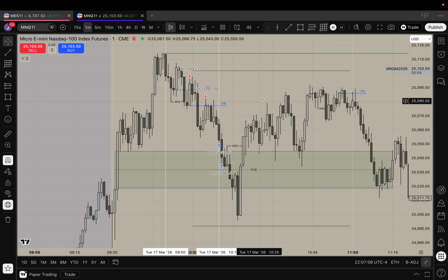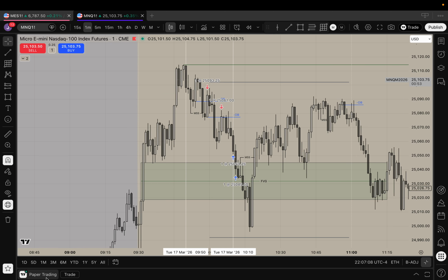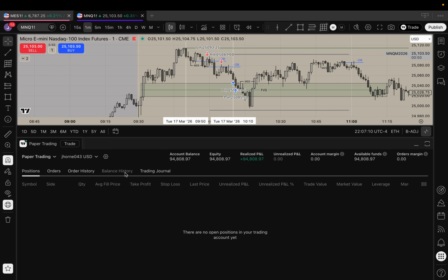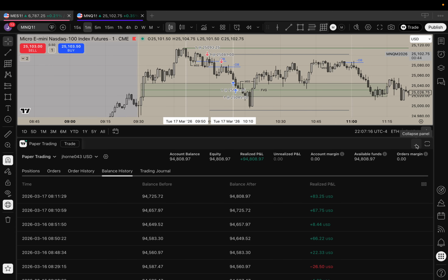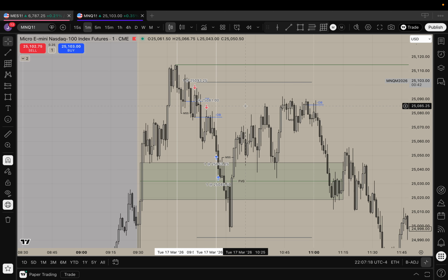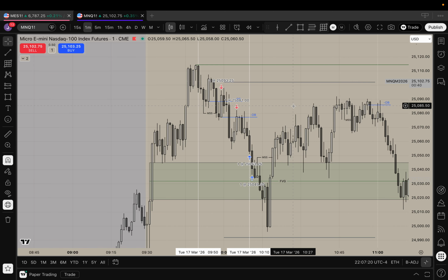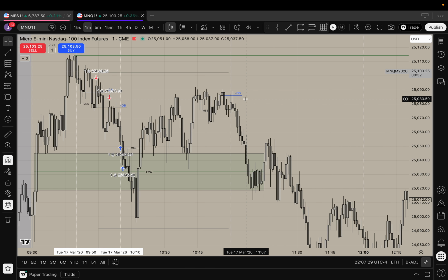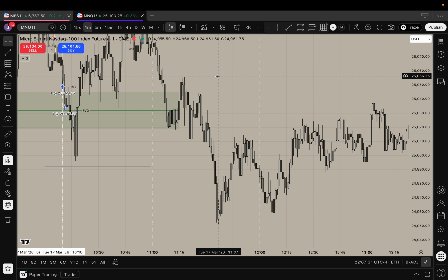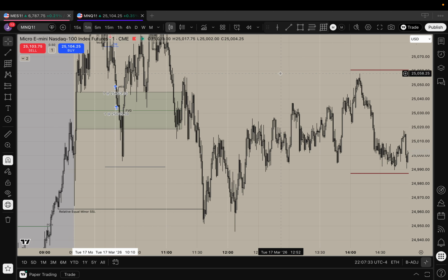Made about 150 bucks. Pretty minimal drawdown. Pretty ideal trade, generally speaking. This was today, so $151. Pretty chill for two contracts. That's about $75.50 per micro. So that's more than ICT's goal, at least for those of us that are doing it, of